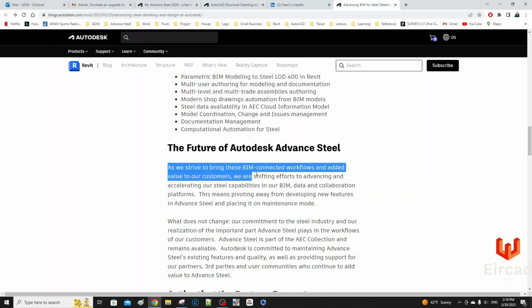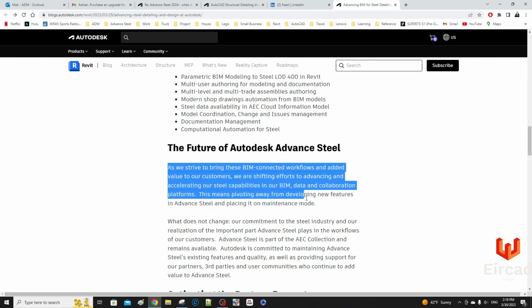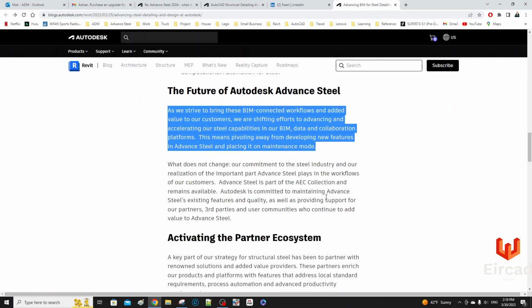As we strive to bring so on capabilities, this means pivoting away from developing new features in Advanced Steel and placing it in maintenance mode. So basically right now you can't buy Advanced Steel, we're just renting it year by year. Now they're saying they're not going to give us any upgrades or add any new features, which for me is okay, because I think it's okay the way it is right now. It could be better, of course, but